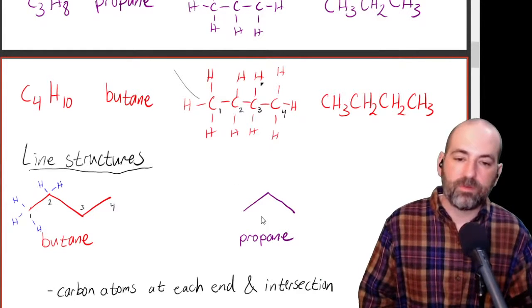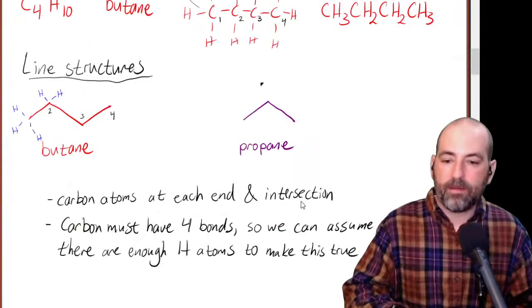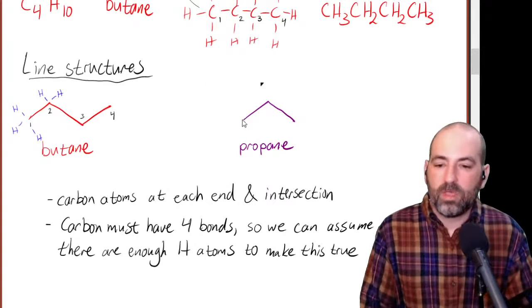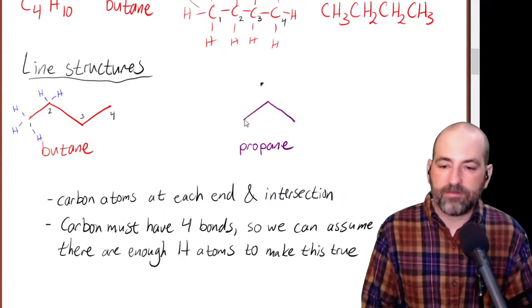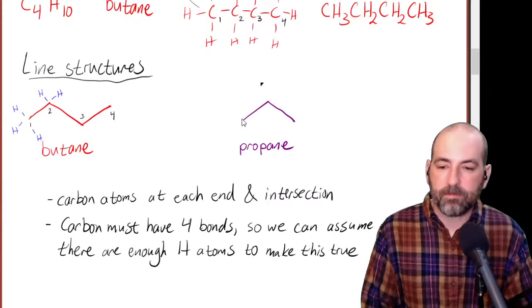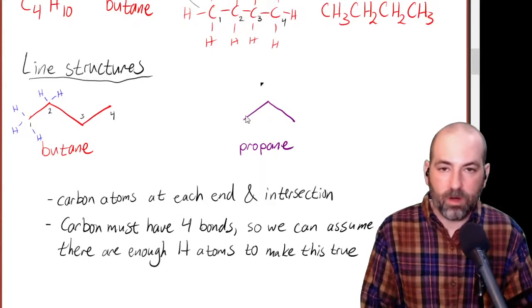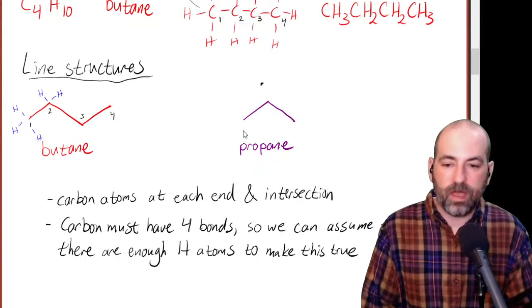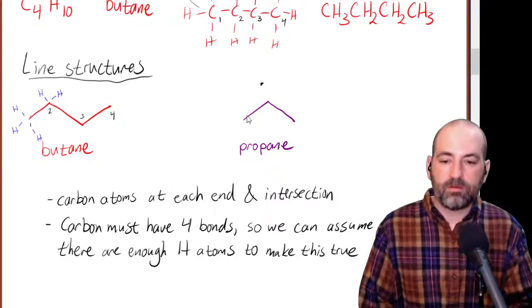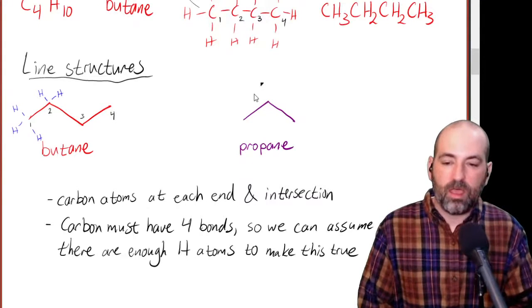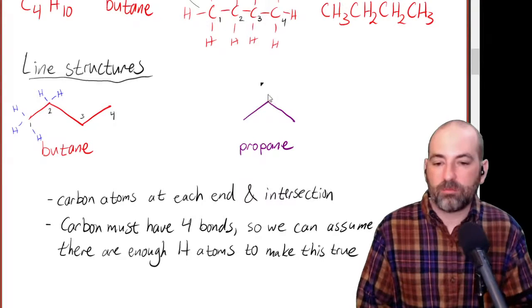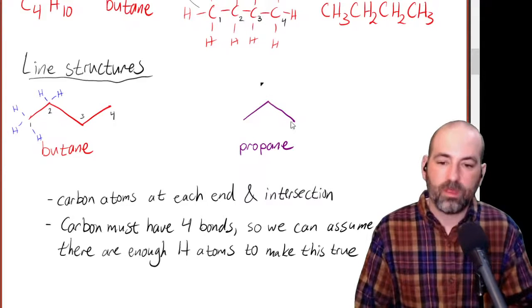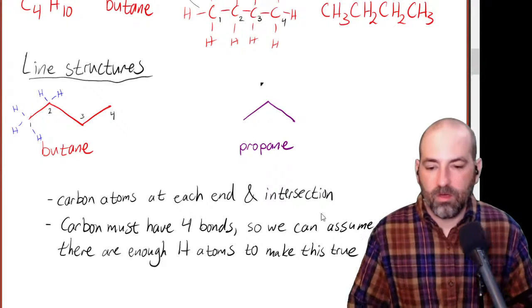Same thing with propane. If we look over at the propane chain here, we have this carbon over on the left that shows 1 bond. And so there must be 3 more, and those must be to hydrogen. So we can see that this is actually CH3, or a carbon with 3 hydrogens on it. The middle one, 2 bonds are shown, and there needs to be 2 more here. So that would be a CH2, and then another CH3 over here.